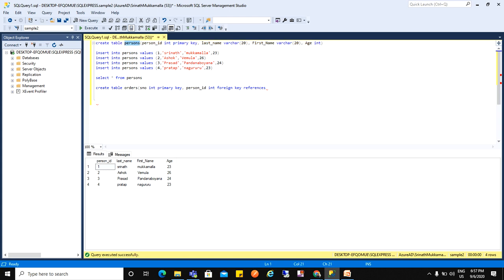We need to give the table name after this, to which column it refers. It refers to the primary key of the other table.